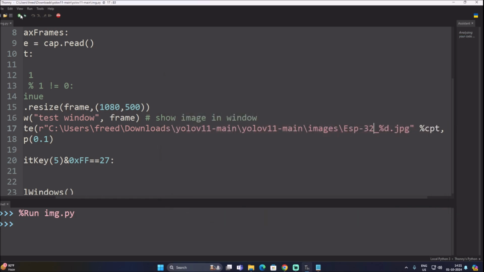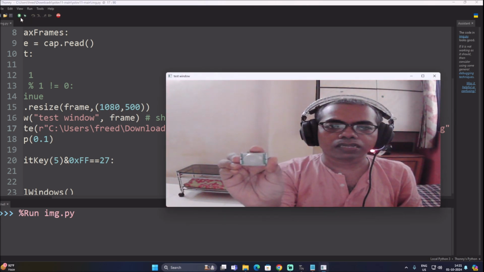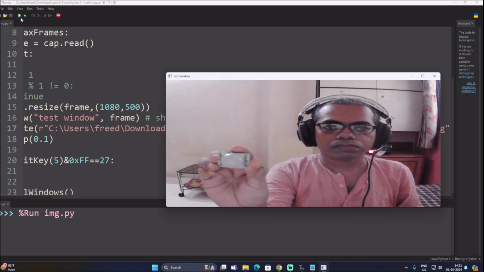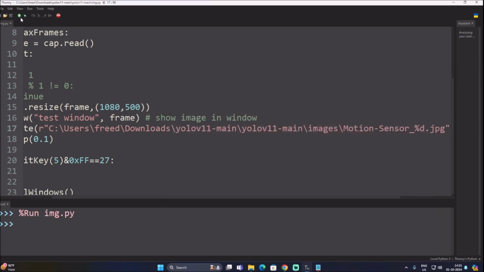Done. So we have done with ESP32. Now motion sensor. Save the code, and same way, here it is, as you can see. Done. So now if I open,